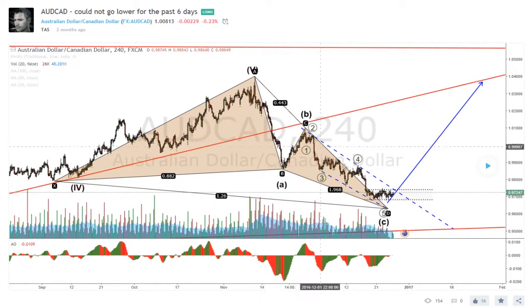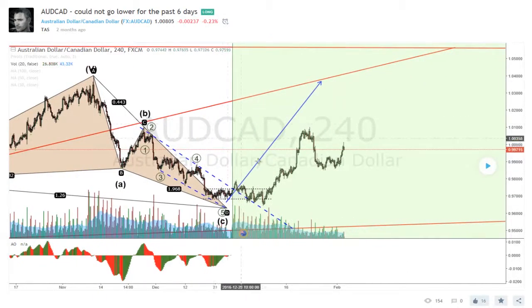Again a harmonic pattern at the end of a correction, a channel compression, which usually is an accumulation zone, and then the move up. Imagine we enter somewhere around here at the beginning of the year. Now we're halfway through February. So this trade may take a couple of months,